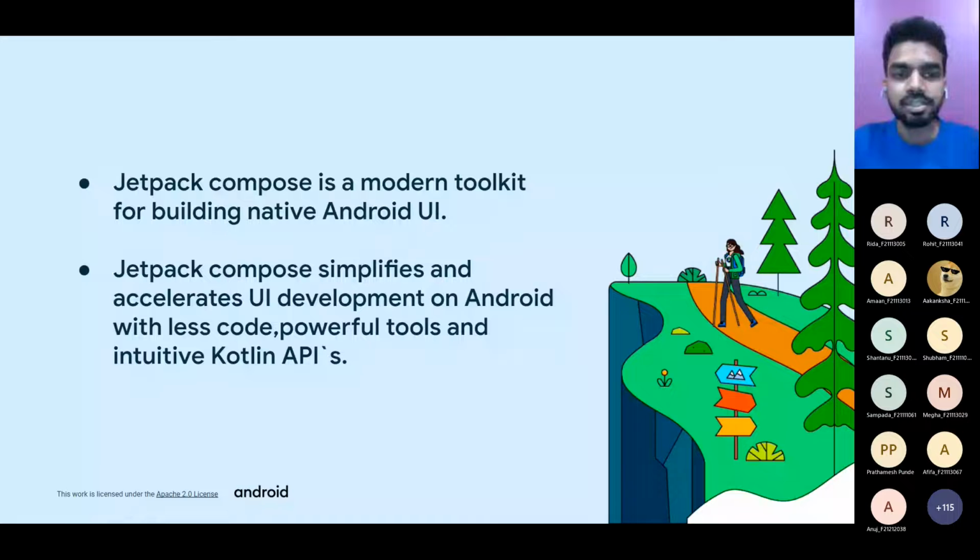Next, we'll see what is Jetpack Compose. Jetpack Compose is a modern toolkit for building native Android UI. Jetpack Compose simplifies and accelerates